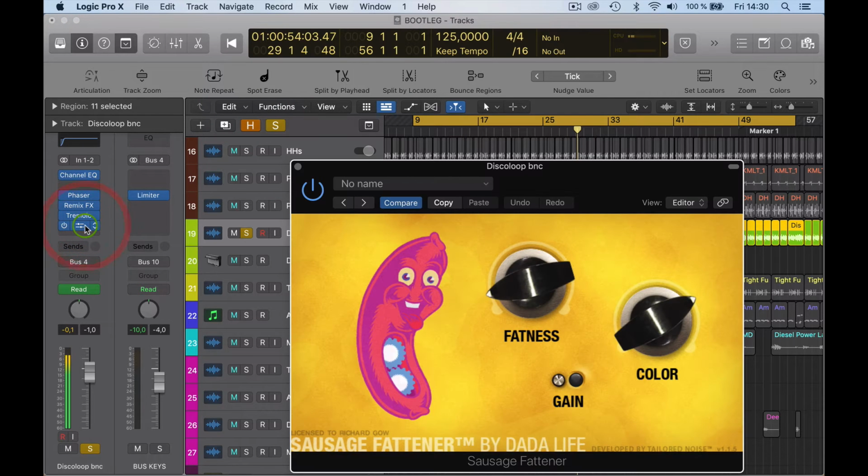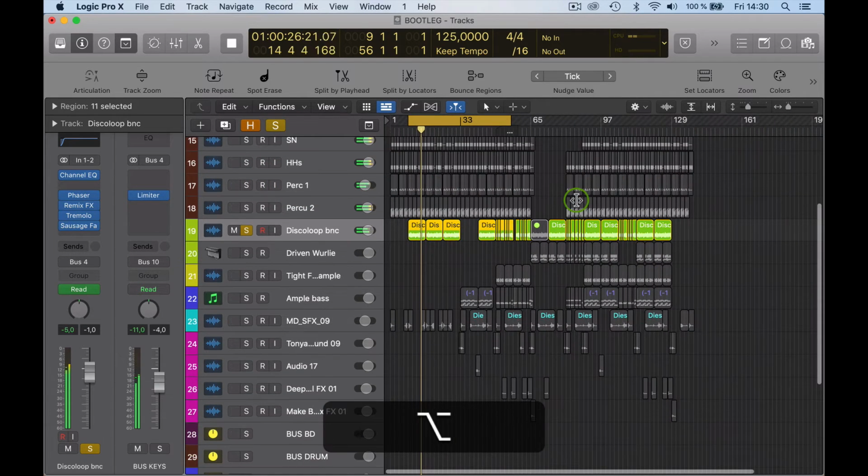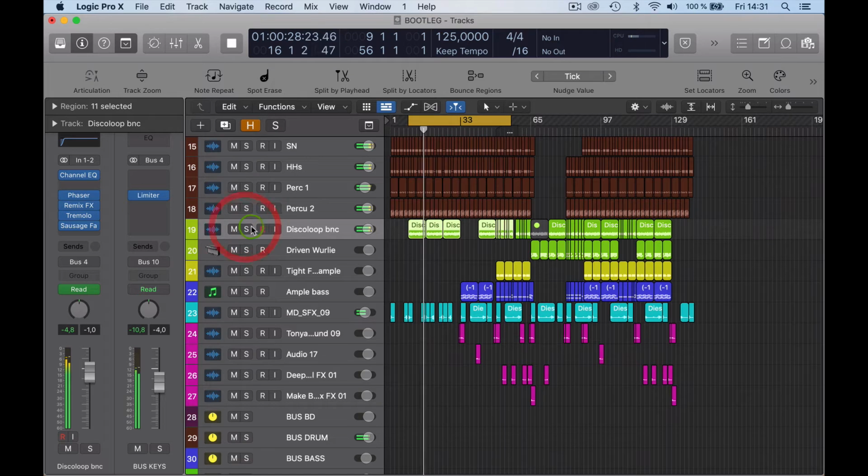So, and then sausage fattener to give it a bit more fatness, basically, color to it, which brightens it up. And we've got the gain here, which is the limiter that controls the sound, the level. Okay, so